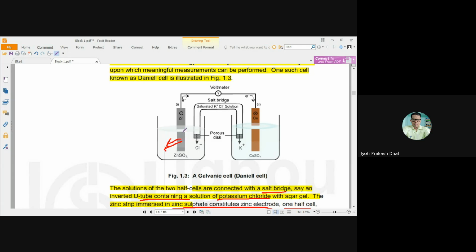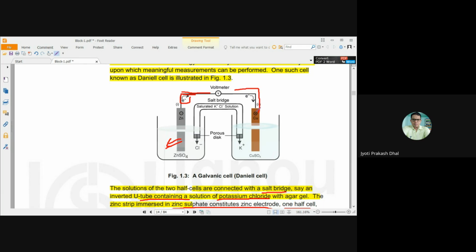two electrons which are present on the surface of the zinc metal will transfer through the external wire in this direction. You can see, this is the direction of the electrons transferring. That means electrons are generated from the zinc electrode or zinc half cell, and similarly move to the second half cell, that is the copper electrode. So you can see the electrons are coming from the zinc half cell through the voltmeter, and when that